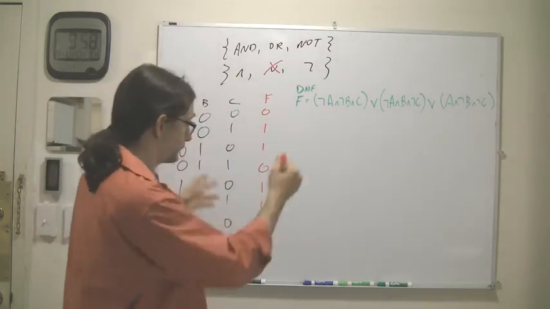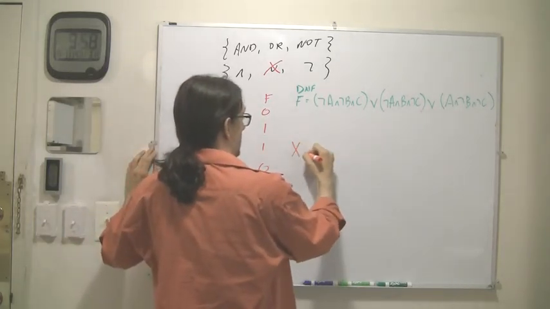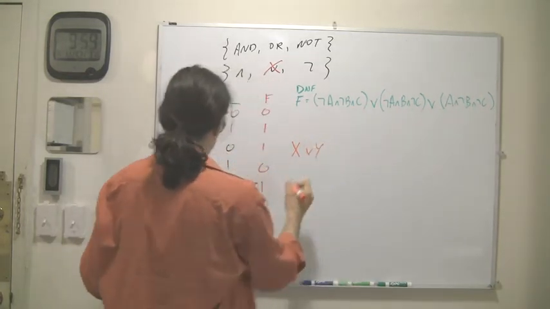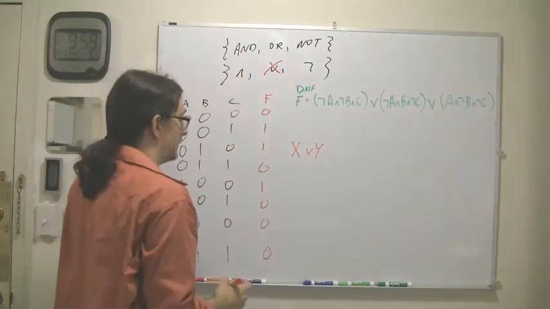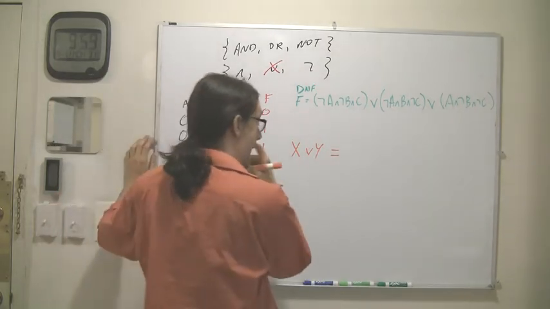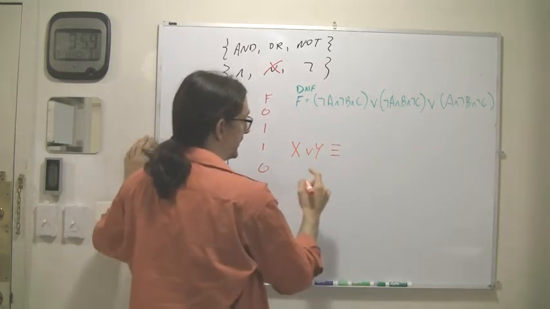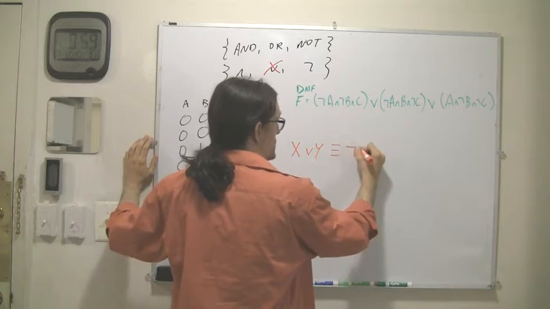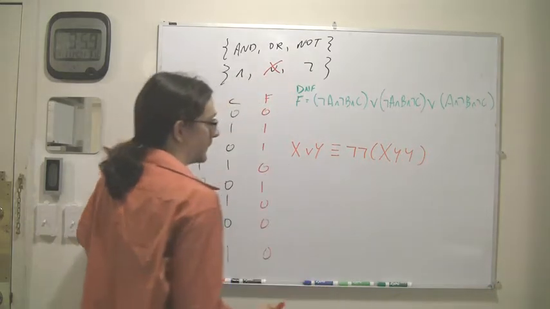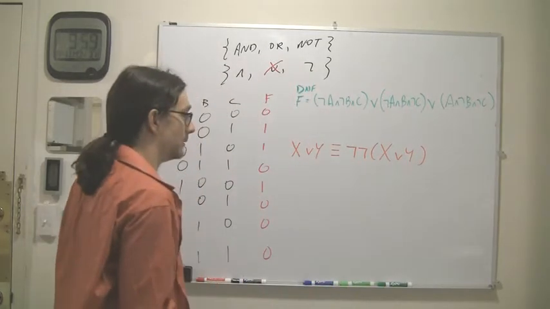So, that's easy, actually. Suppose that we want to write x or y, and all we have to work with is and and not. Well, we can figure out here that x or y is equivalent, has the same truth table, as not not (x or y). This is just trivial, right? I'm just using a double negation here. And then